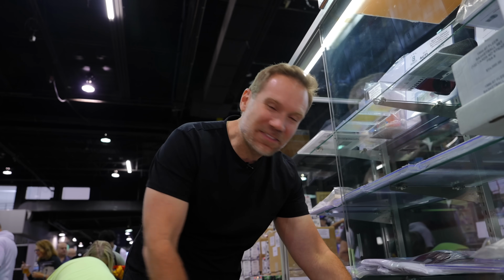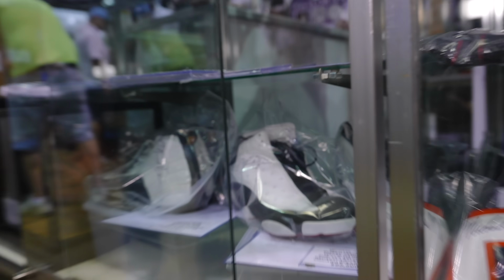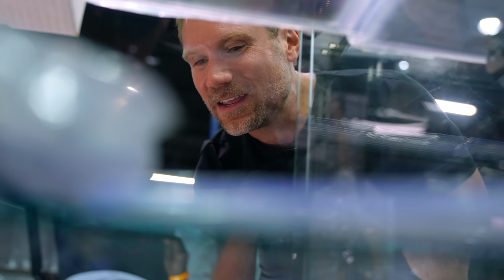But how about these Michael Jordan shoes? You guys have to see these. These things are absolutely insane down here. You've got shoes that are game worn from Michael Jordan, signed by Michael Jordan. $95,500 for that one from a game in 1997. That one from a game in 1996 for $68,500. Those are pretty epic pieces, but